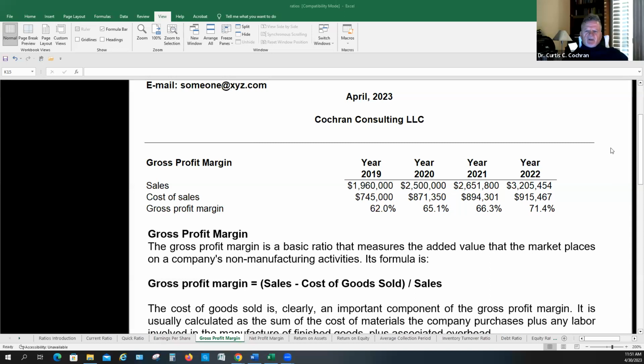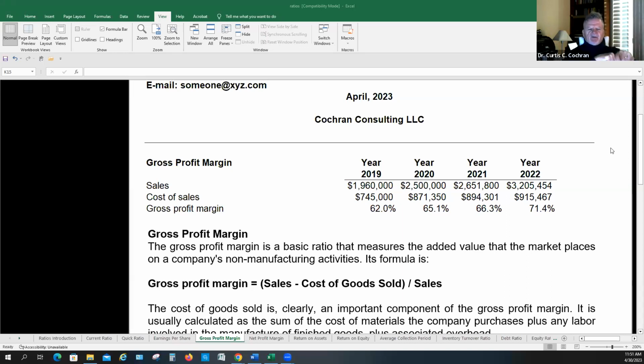Let me share my screen here. Okay, there we go. If you can see my screen, it's an Excel spreadsheet we developed, gross profit margin. If you look at this particular company, you have sales for 2019, 2020, 2021, and 2022. It appears to be increasing. And at first glance,